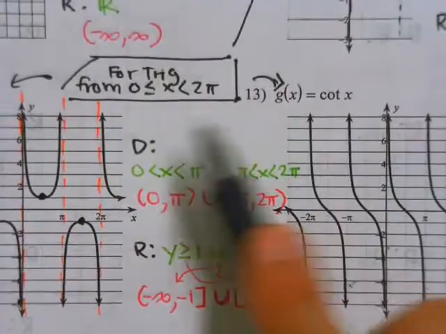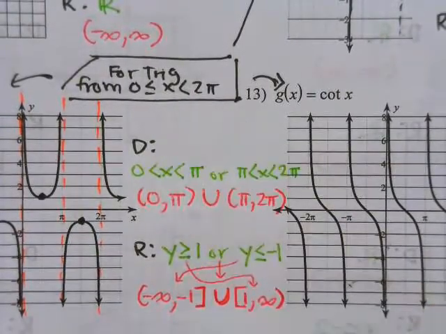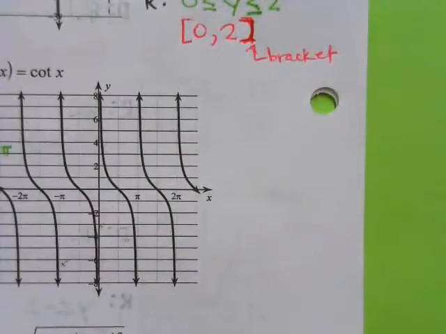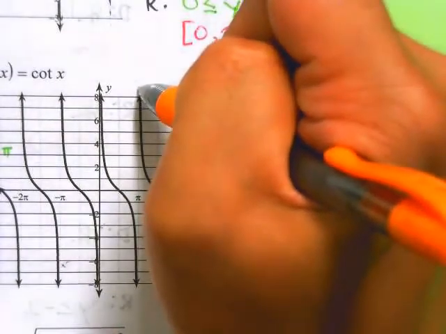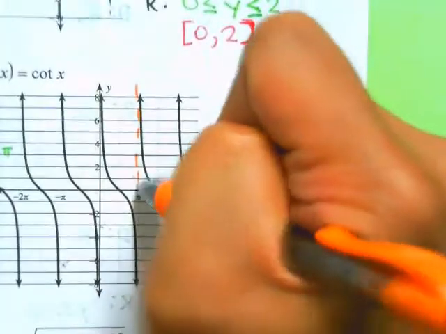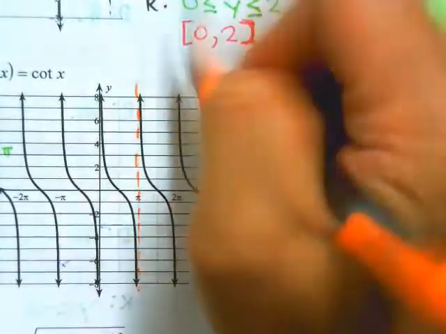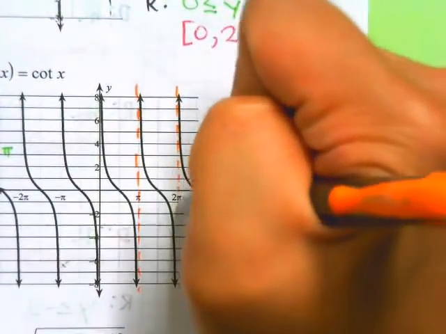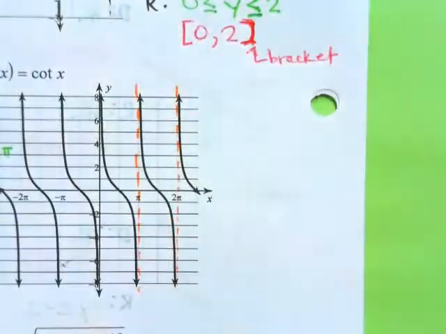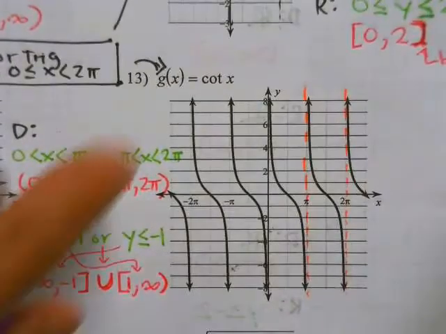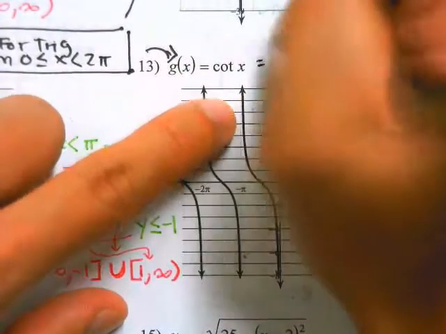Cotangent, same thing. I'm going to just give you guys the restrictions. We're only looking from 0 to 2 pi. We're not looking at anything else. For cotangents, we do have asymptotes, and we do have asymptotes very similar to the cosecants, where we have asymptotes at pi. And the reason that they have the same asymptotes is because if we want to remind ourselves what they were, remember cotangent is